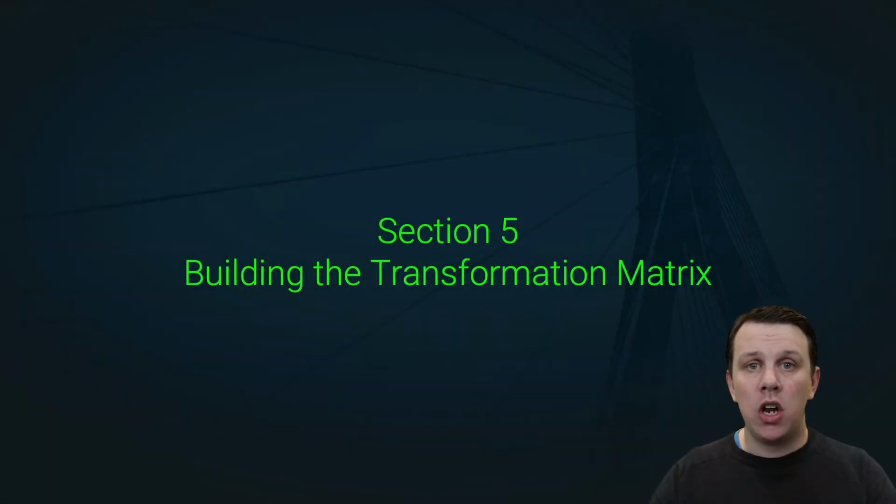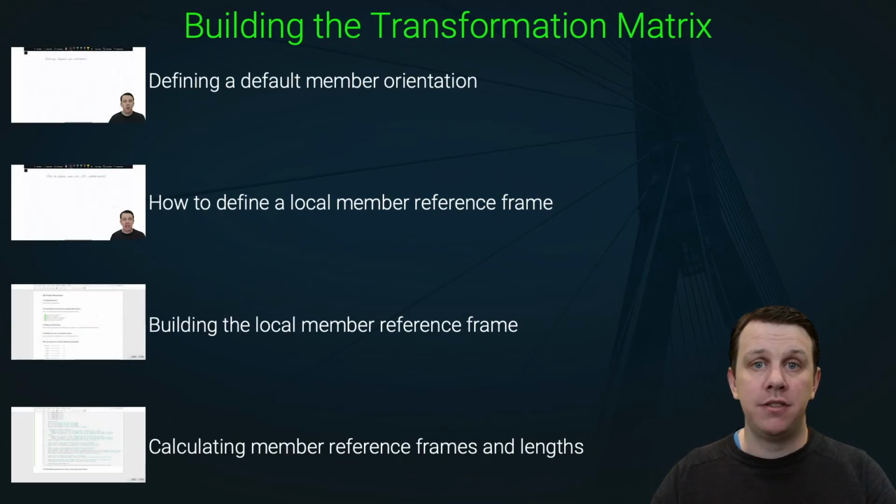So this section is all about capturing the orientation of each of the elements within our structure. For bending elements, whether they bend about a major axis or a minor axis has a huge impact on the bending behavior of the element. Now, at no point in our Blender modeling did we ever specify for any of our elements what way they were orientated about their longitudinal axis. So we're going to start off in this section by defining a default member orientation that's going to apply to